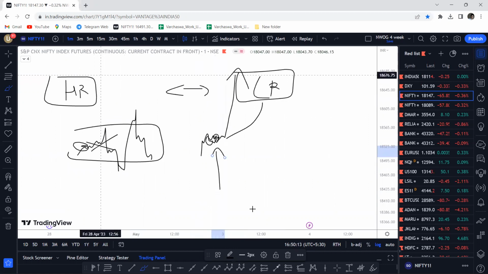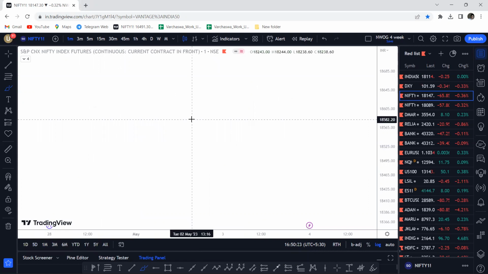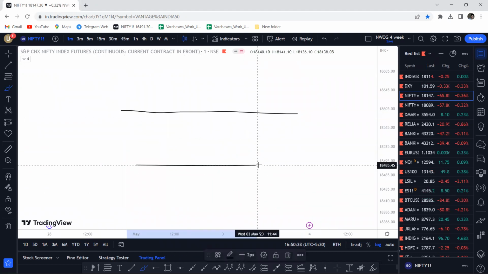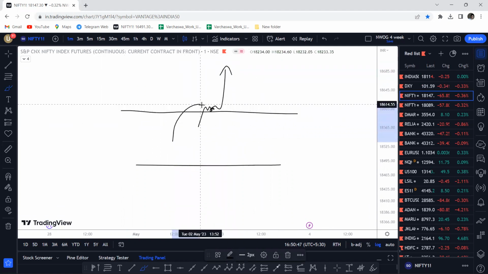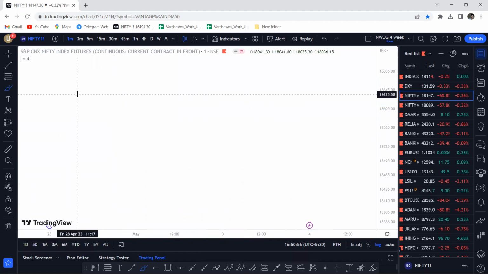How to identify this is very important. But before we get to that, you need to understand where you are supposed to look for these setups, where they should form. Because when you go on to the chart, it's not always like some support and resistance. There will be times where price will take support here, contract and then shoot higher, which is fine. But you cannot use this every single time. To see this, there needs to be a build-up. And a build-up consists of two things. Number one,